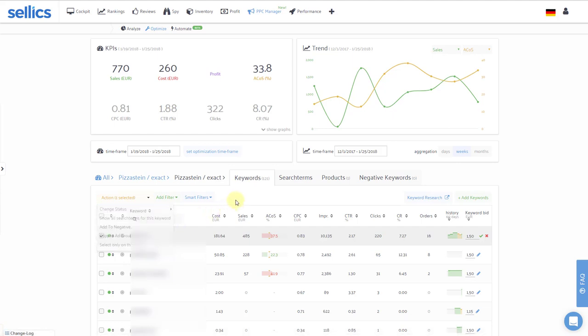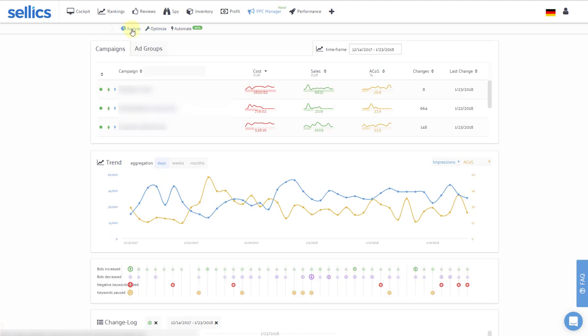Now then, it's always been hard to keep tabs of all those changes and really know if or how they affect the performance of your sponsored products. This is where Analyze comes into play. Here, Sellics will automatically save all the changes you make, so that you don't have to make any separate notes